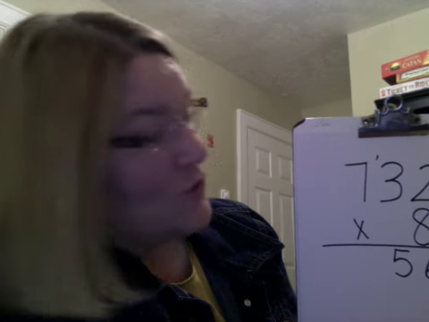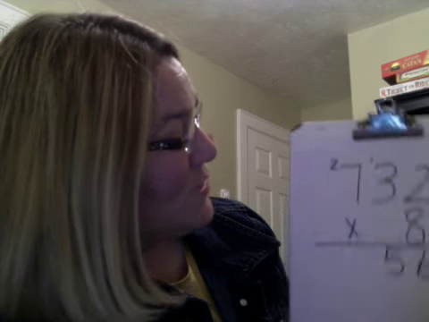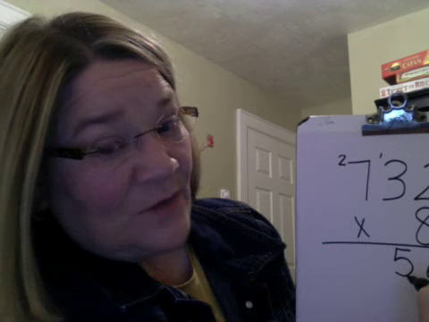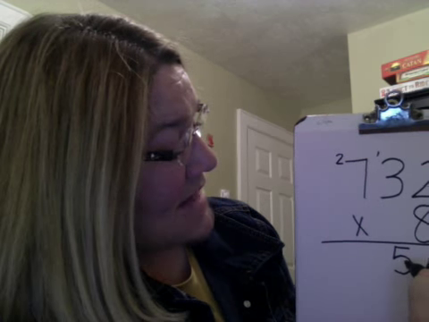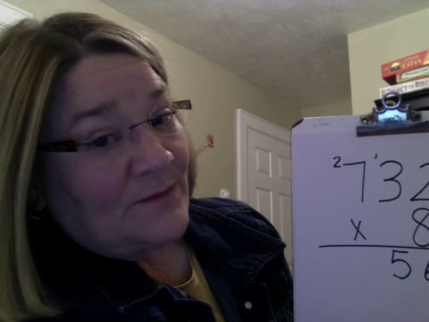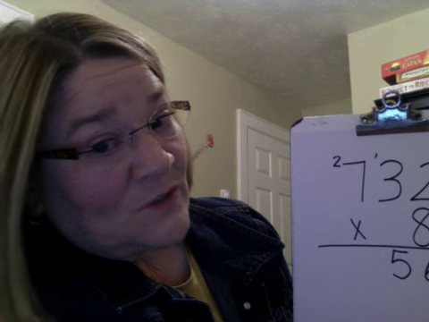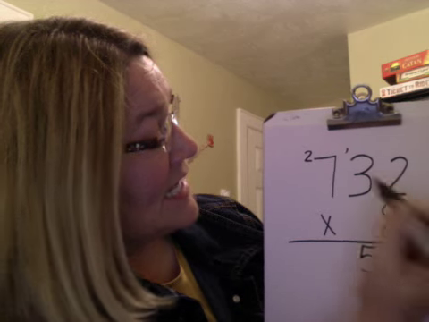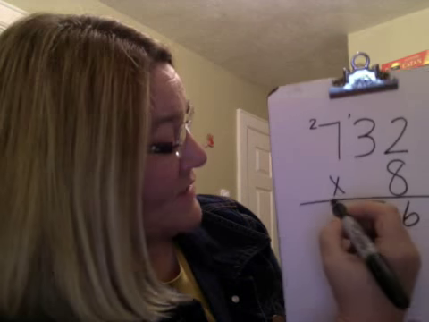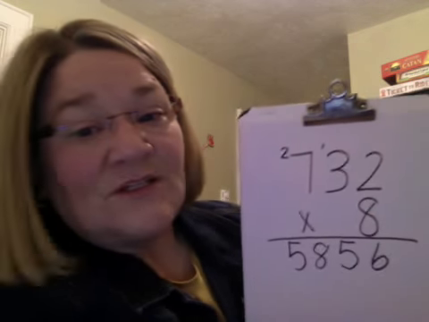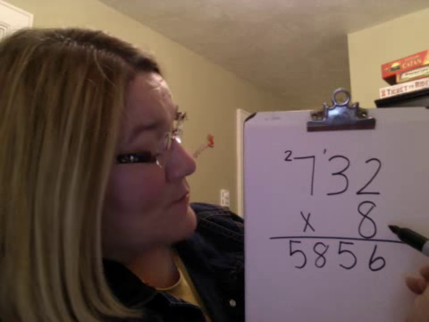And we need to regroup that as well. It needs to go up here to be regrouped, because we can't write down 25 tens. We can write down 5 tens, and then the 20 needs to go up into the hundreds place. So 7 times 8 is 56, and we add 2, which gives us 58. So this great big number times this number will give you